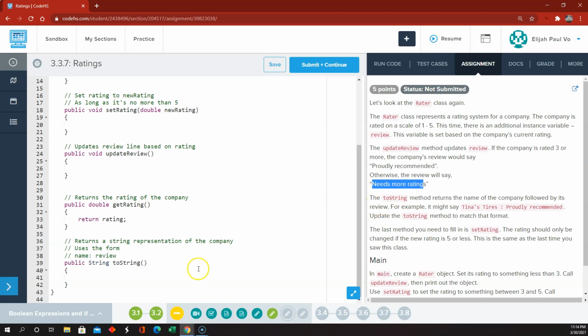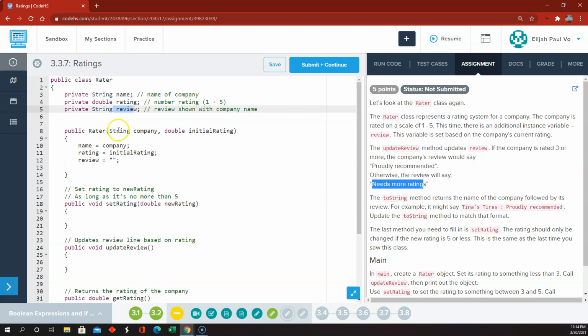So in the toString method, we'll update the review. When an instance of the Rater class is created, the constructor does not require a review to be passed as a parameter. In fact, it sets the review as the empty string. So on update review,